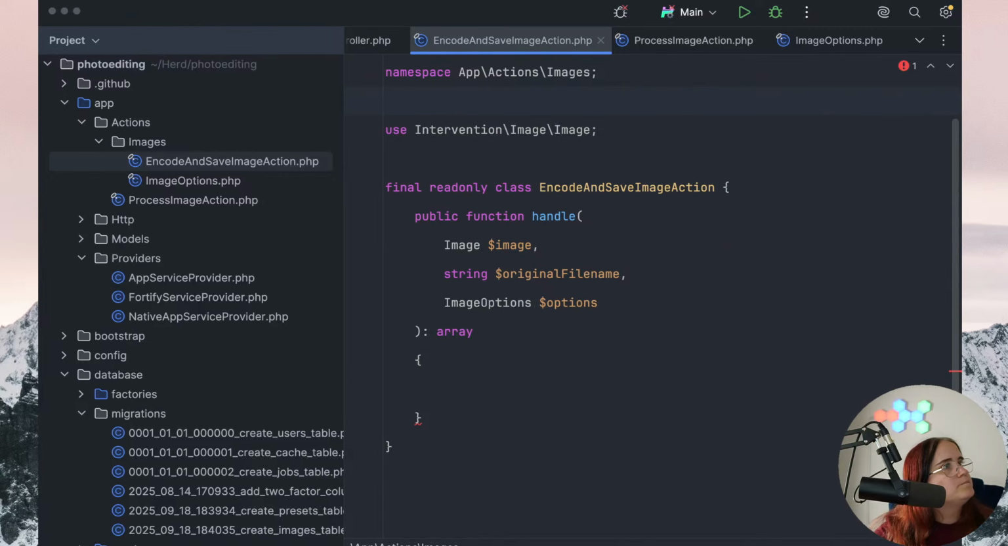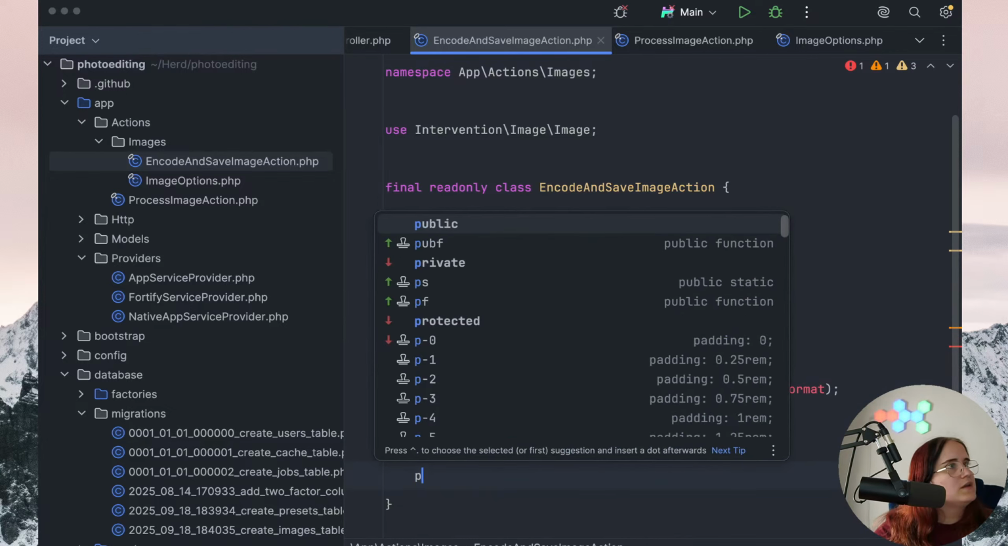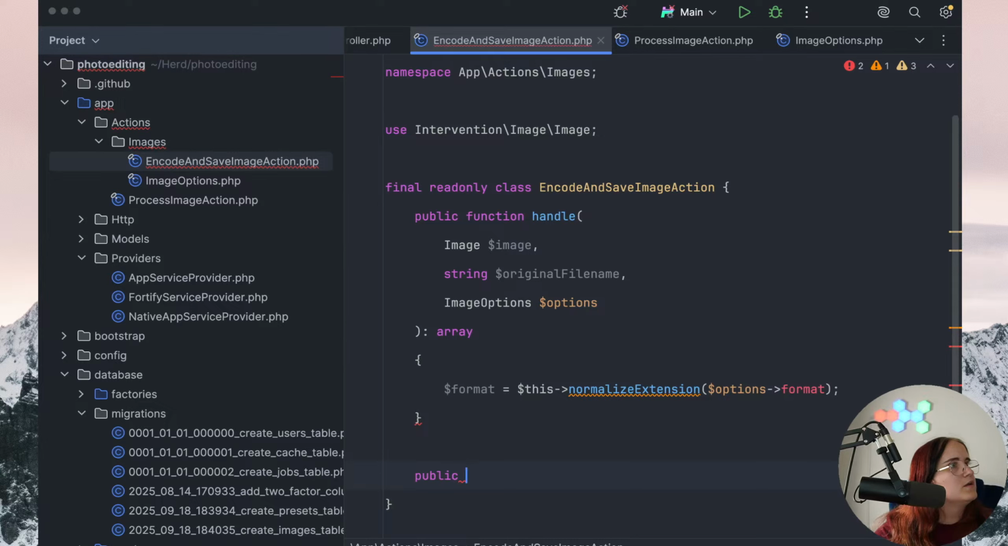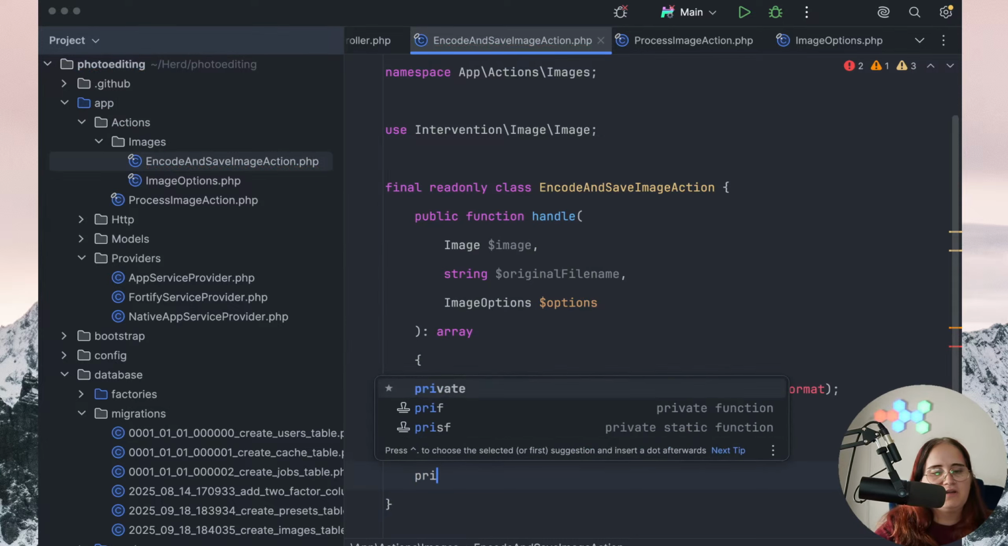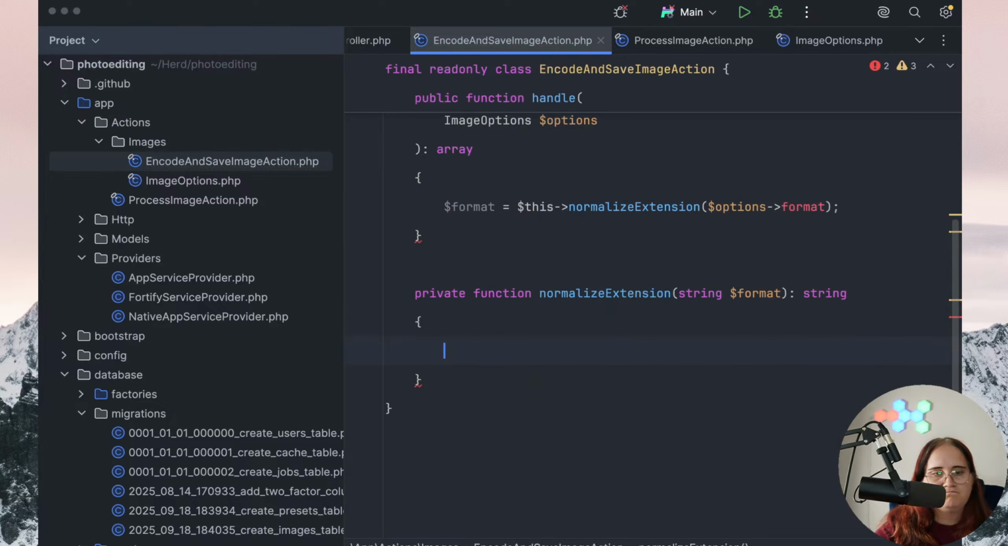And our original file name we have, and then we're going to go ahead and have a format equals to this. And we want to essentially normalize this extension. So we're going to create a function in here called normalize extension options format. So we're going to have a private function, normalize extension,